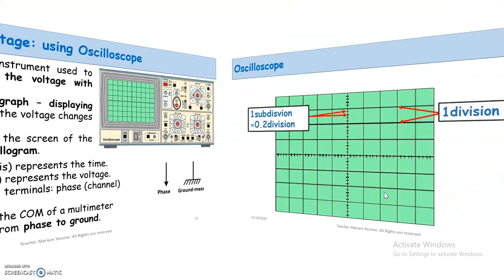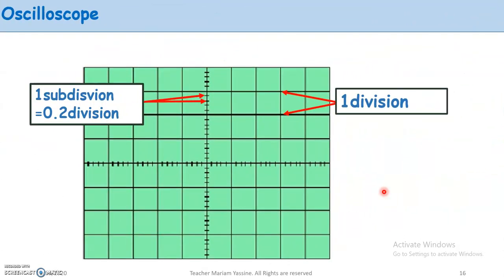Now please note a small thing: we notice that the x-axis, sorry, and the y-axis is divided into divisions. Each division is divided into subdivisions. I notice that this division, for example on the y-axis, is divided into 5 subdivisions, 5 dashes. So what is the value of each dash? If I want to say that each dash is equal to 0.1, like a